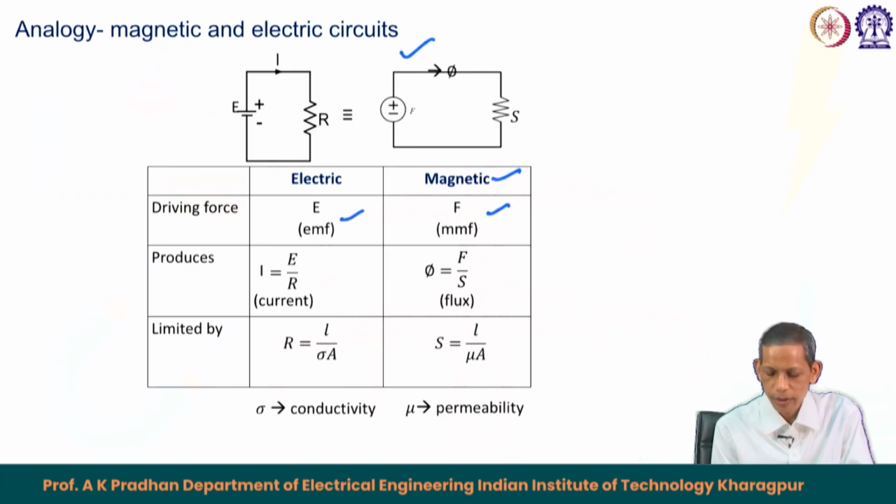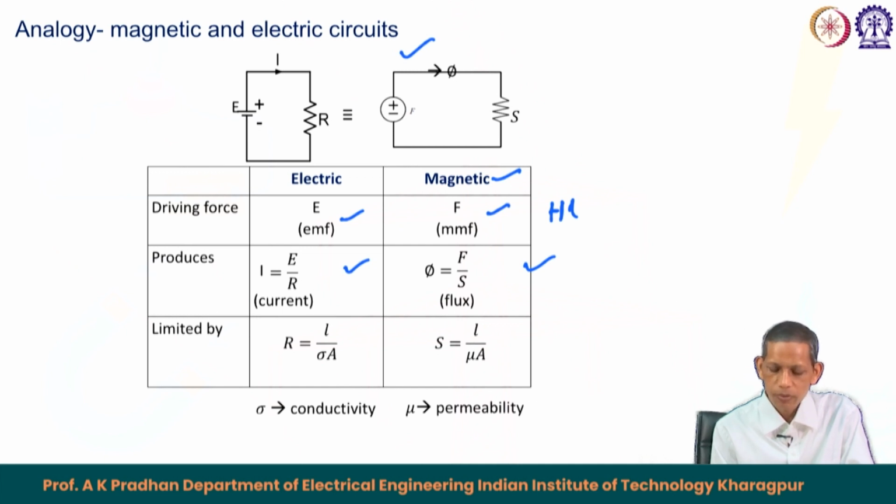So, that also will get. So, MMF here also is H into L. So, that becomes equal there also. So, similar to voltage, the MMF happens to be there. Now, this MMF produces flux phi in the magnetic circuit, EMF produces current in the electric circuit,